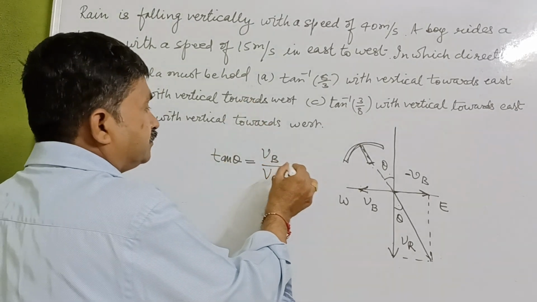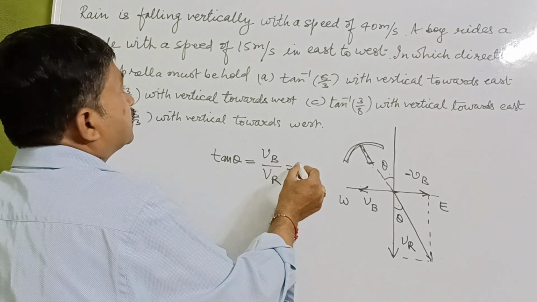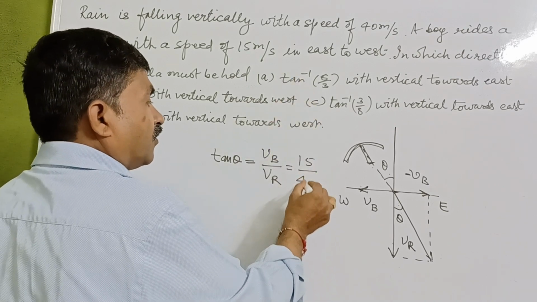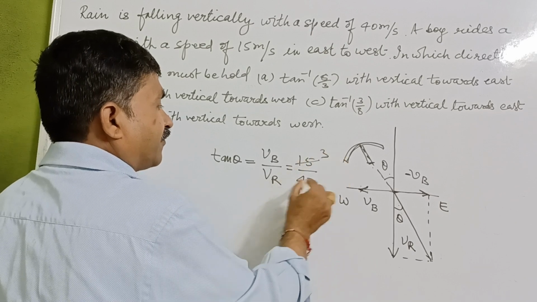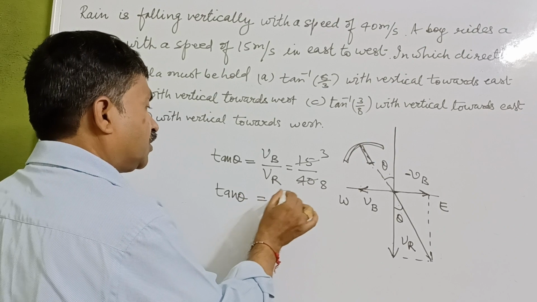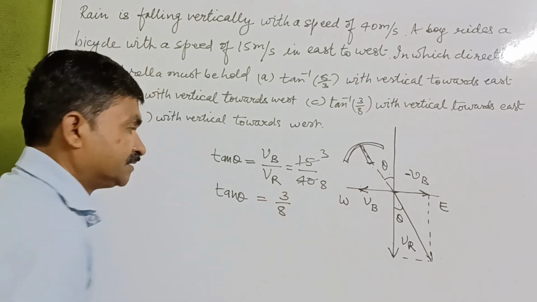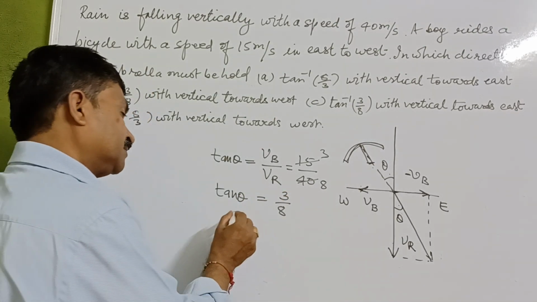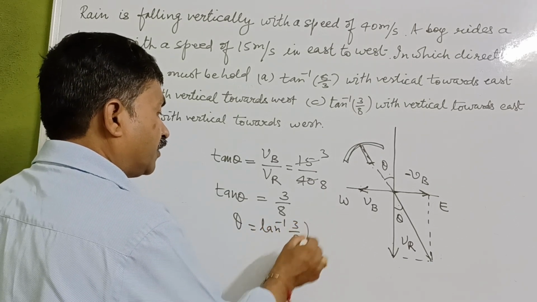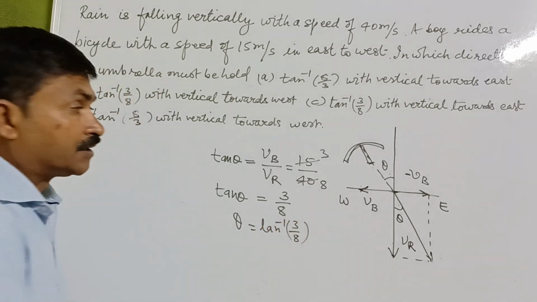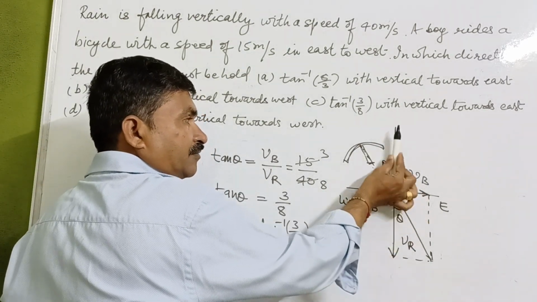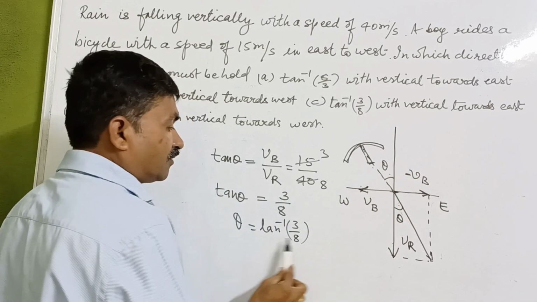Now Vb is 15 and Vr is 40. So 5 threes and 5 eights, so tan theta will be equal to 3 upon 8. Means the angle theta is tan inverse 3 upon 8. Means the boy has to hold the umbrella like this with an angle theta equal to tan inverse